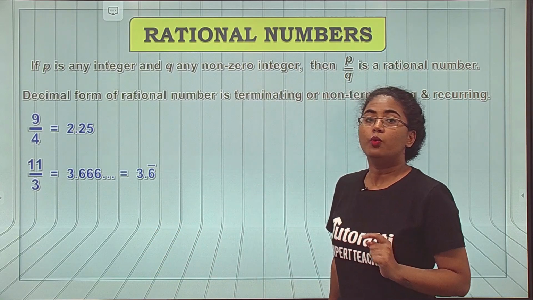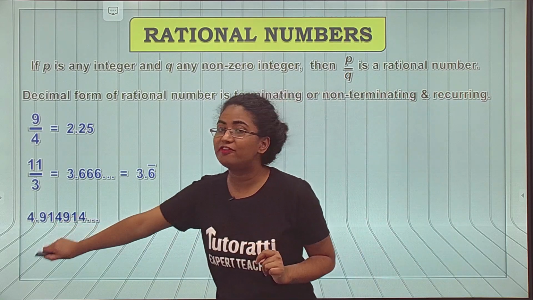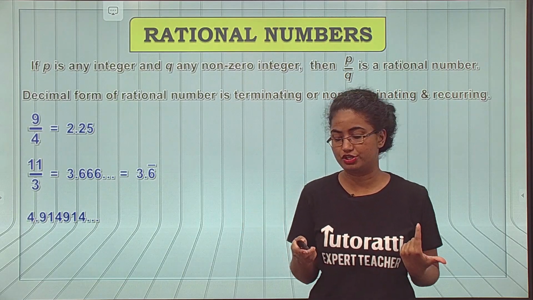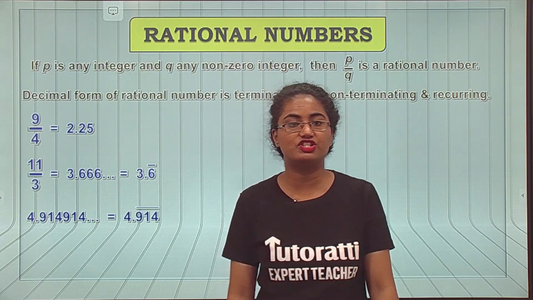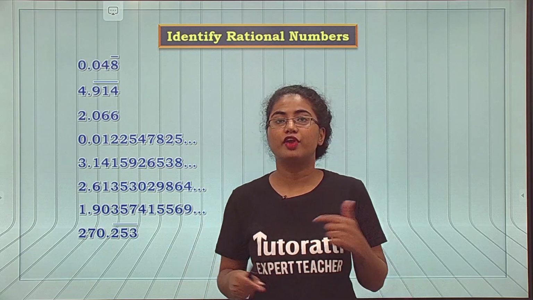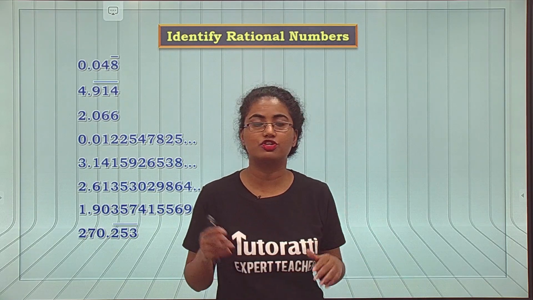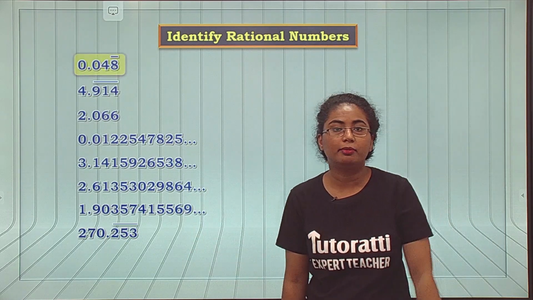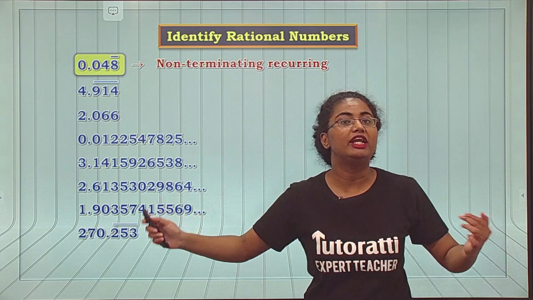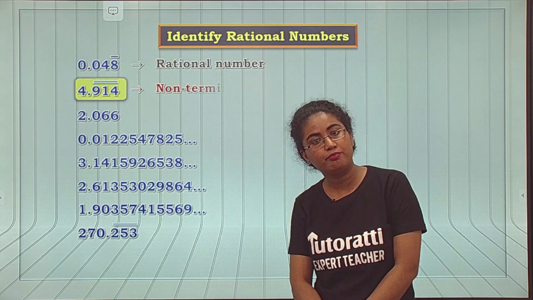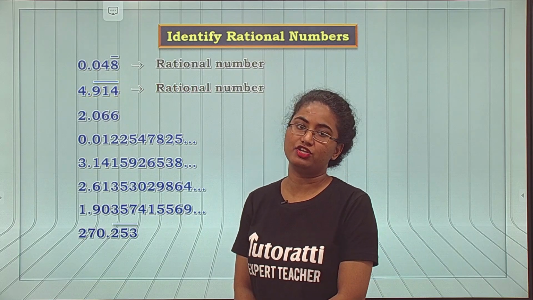Excellent. One more example. Now here, a group of numbers is being repeated, not a single digit, but 3 digits are being repeated continuously, okay? So this type of number is represented in this way, and it is also a rational number. Now we have these numbers on the screen. Try to identify which of them are rational numbers and which are not. Take a look at the first example, okay? 8 is recurring, मतलब ये कौन सा type का हुआ? Non-terminating recurring type. It is a rational number? Yes. Second one, same non-terminating recurring becomes a rational number.